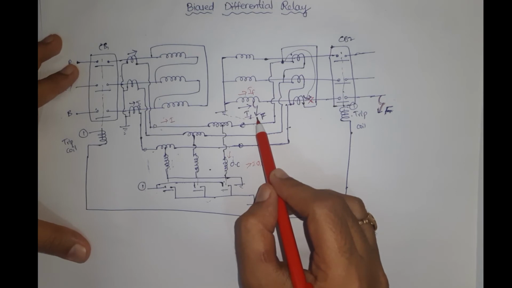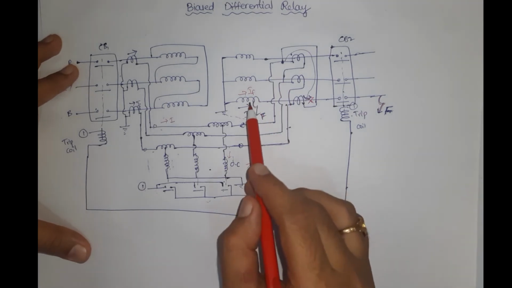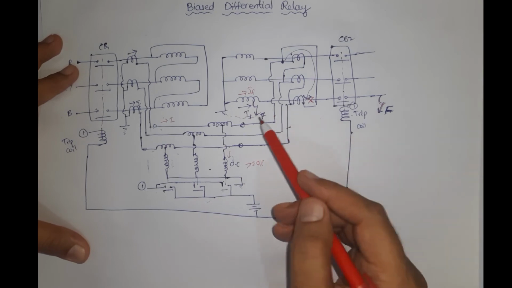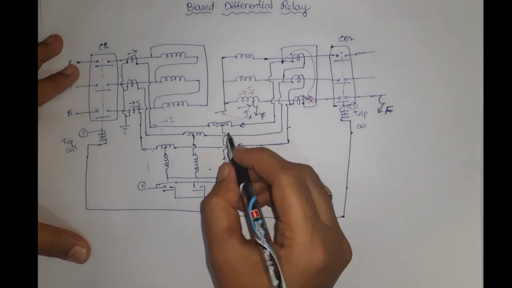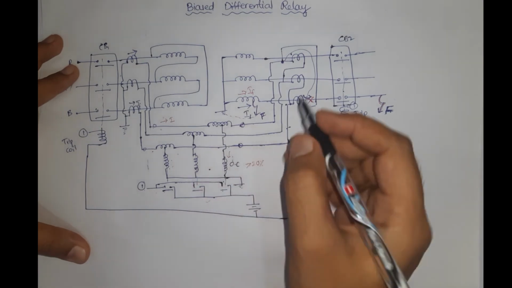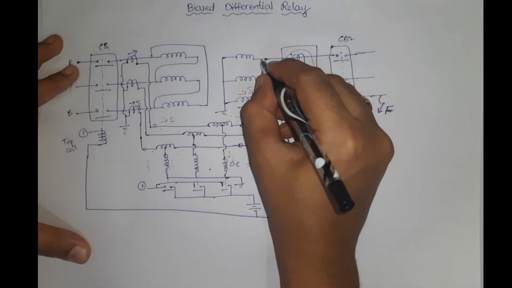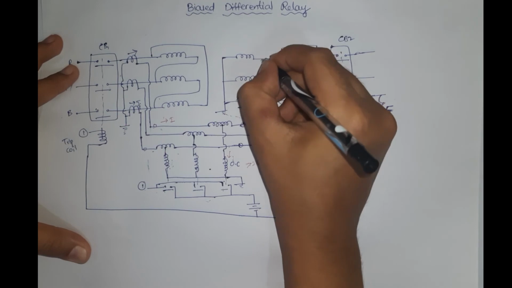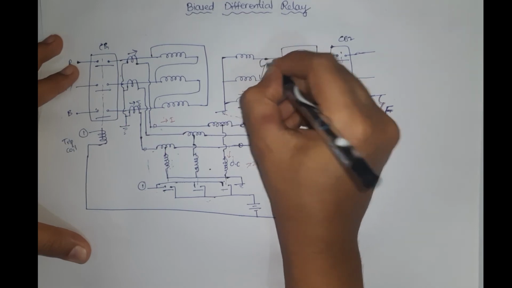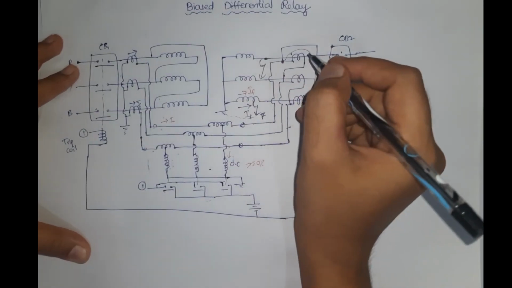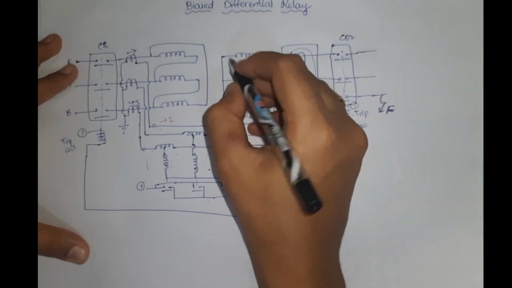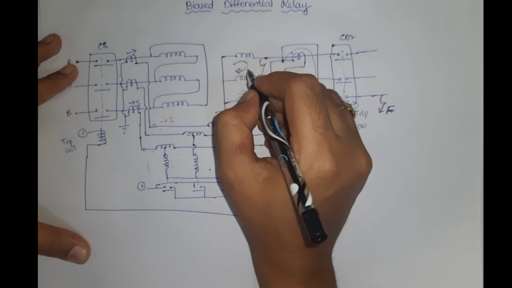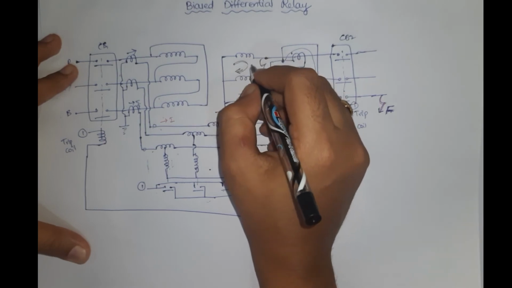So when you take a phase-to-phase fault, let us see what happens now. For a phase-to-phase fault, let me take another color. So for phase-to-phase fault, let me show it somewhere here. Phase-to-phase fault is happening here. So for phase-to-phase faults, the current circulates at this point only. Yes or no? So it circulates in this area only, right?